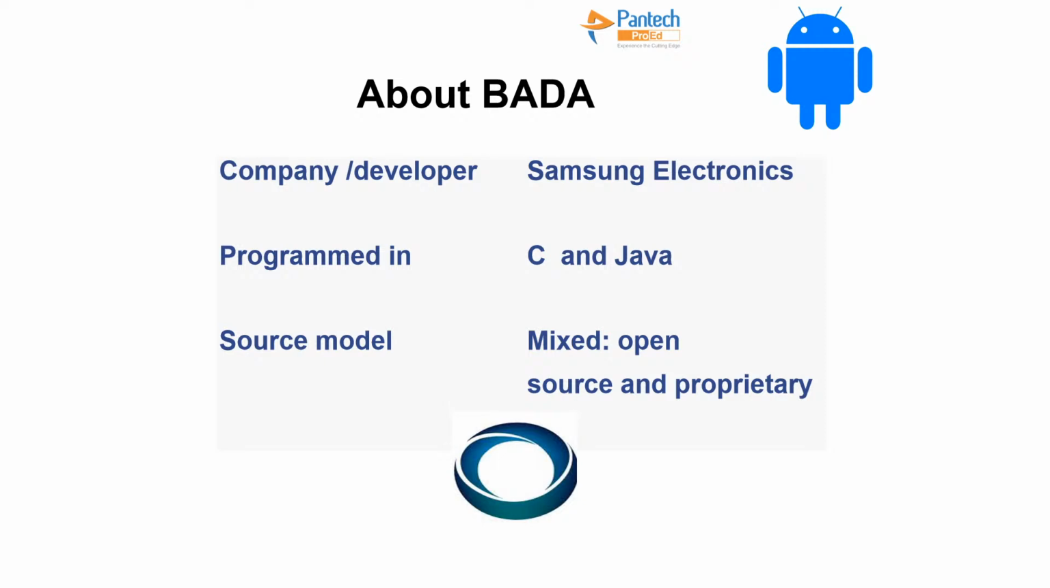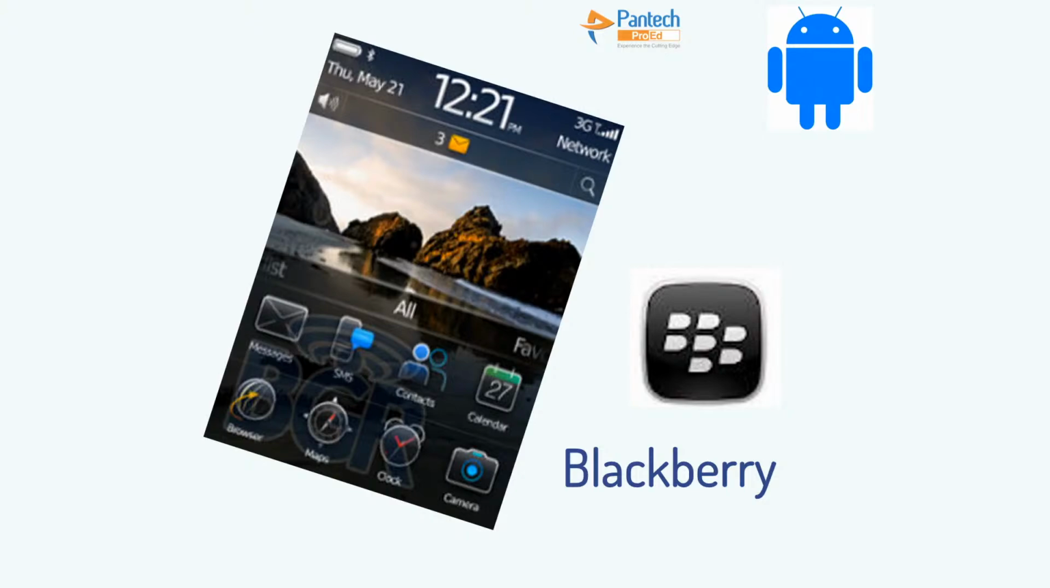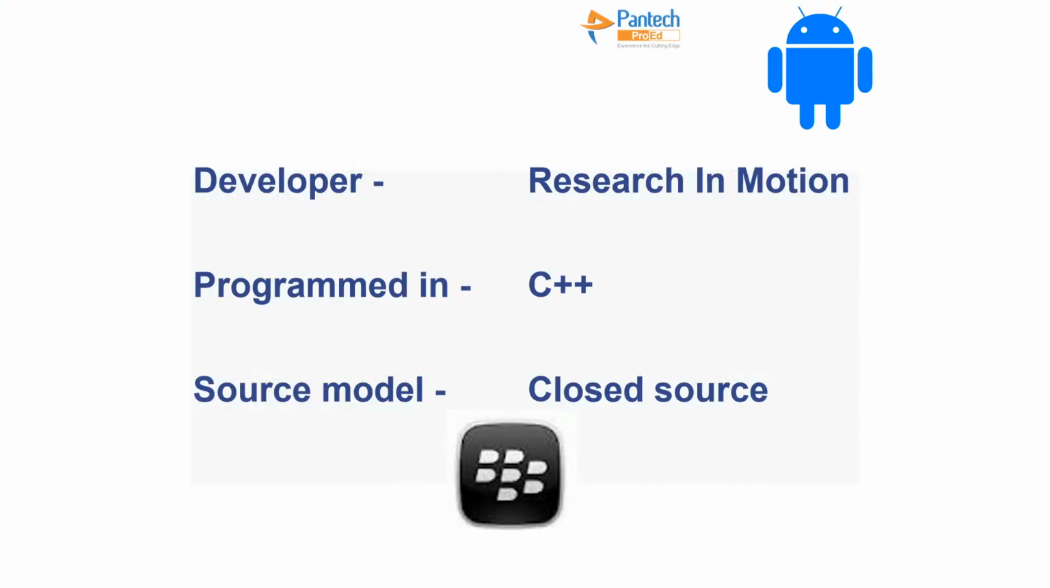Okay, so mixed with open, that is both open source and proprietary. So we can't tell it's fully open source. This one is developed by Samsung Electronics. And then the next one, BlackBerry. If you hear this word BlackBerry, most people will tell you it is mainly used for business purposes, right? This OS, BlackBerry, is owned by the BlackBerry company itself. It was developed by Research in Motion, programmed in C++, and the source model is closed